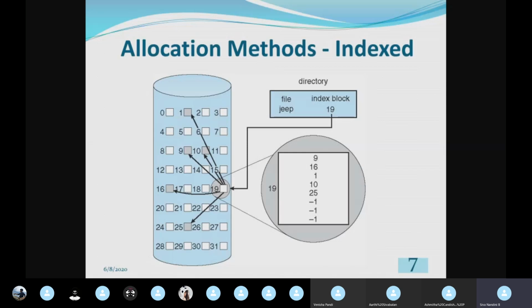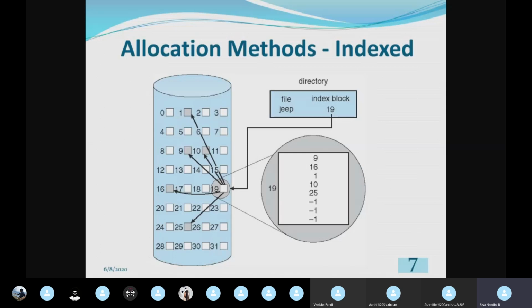In linked allocation and all, we need to travel through the blocks. If you want to access the fourth logical block, we need to travel from the first logical block, second logical block, third logical block, and then only we can access the content of the fourth logical block. But here in the indexed allocation method, if you want to access the fourth logical block of this file Jeep, what is the fourth logical block? 9, 16, 1, 10.